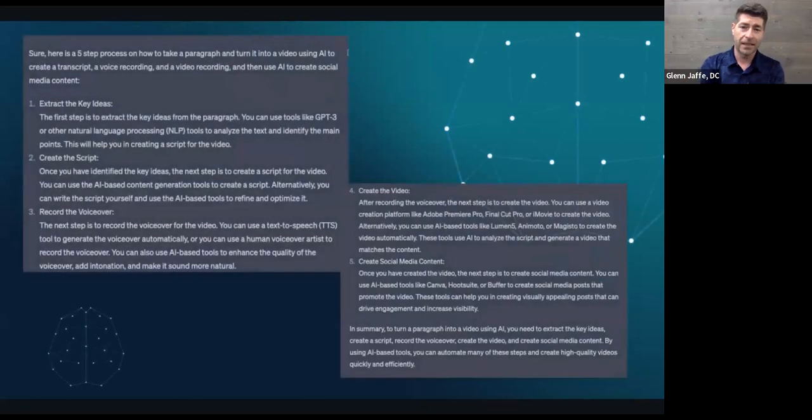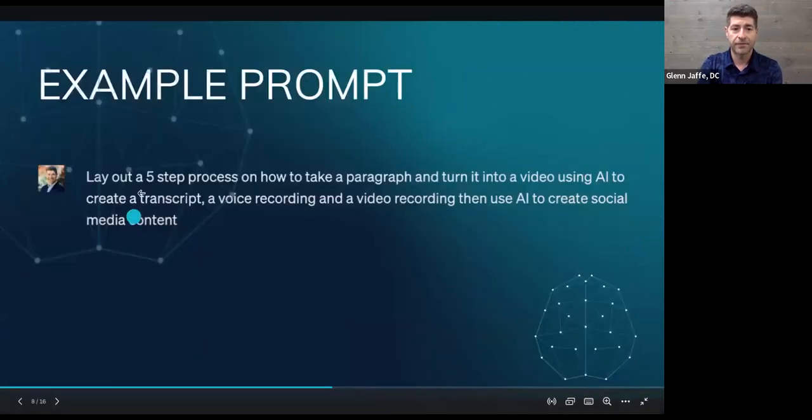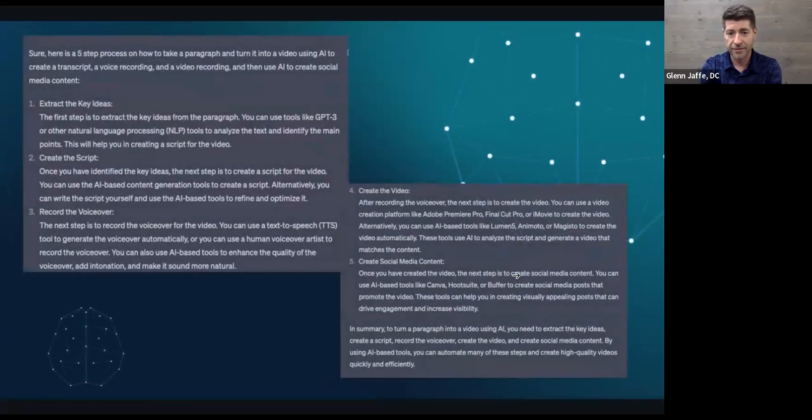As you can see here, I'm not going to go through and read all this, but if you want to take a screenshot of this, you can see an example of what the chatbot gave us. We're going to send out this recording later, so if you don't have a screenshot, don't worry, we'll send the email to you in a little bit. I asked it, remember, I'm going to go back and show you, I asked it for a 5-step process. So it gave me 5 steps, and it talked about all the areas that I asked it to.